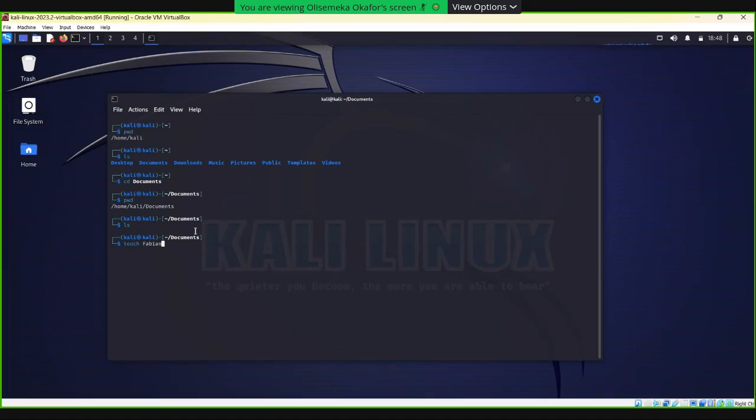And when creating files, all files have extensions, right? And extensions are used to tell you what type of file it is. So Fabian.txt means create a file with the name Fabian. And what type of file would that be? It would be a text file. So that is what .txt means.